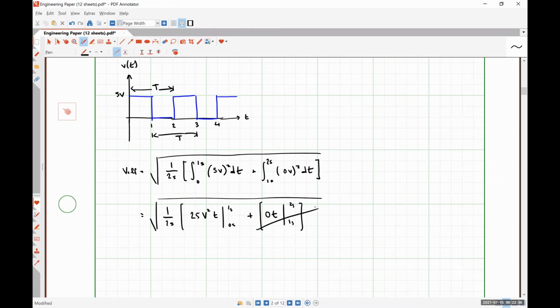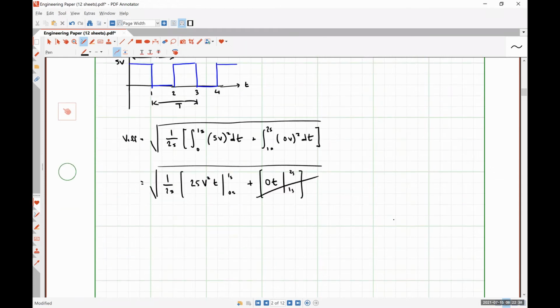So we can throw this guy away now very easily. And we'll have 1/2 seconds times 25 volts squared times 1 second minus 0 seconds is going to look like